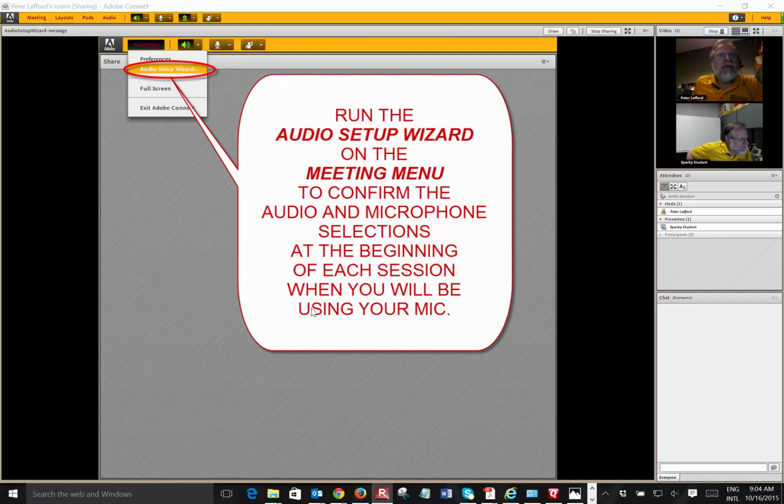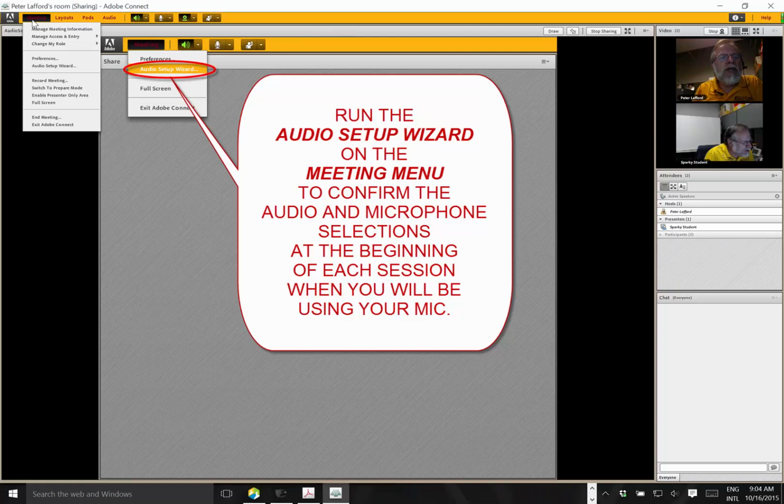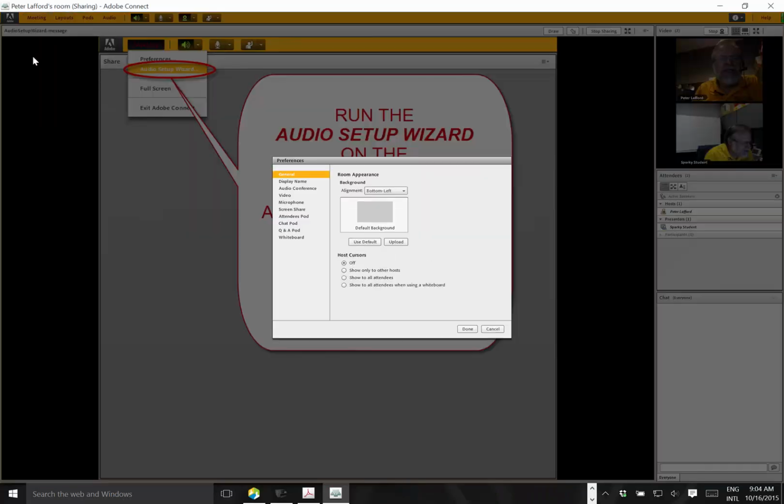Considering the number of video streams you can have in the video pod in an Adobe Connect session, there's no official limit on the number of streams, but in practical terms, bandwidth will probably become an issue, probably noticeable as you start to reach double digits like 10. Now it's possible to adjust the video bandwidth under Preferences, and if we go on the meeting menu to Preferences,